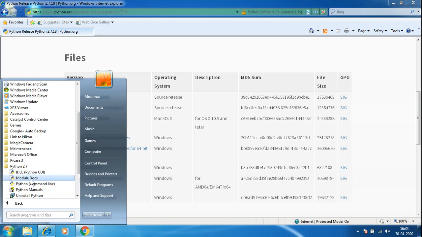Then it also provides you help documents. There is a document explicitly for different modules available with the 2.7 release of Python. You also have a normal manual for different commands and functions in Python, or you can uninstall it by clicking on uninstall.